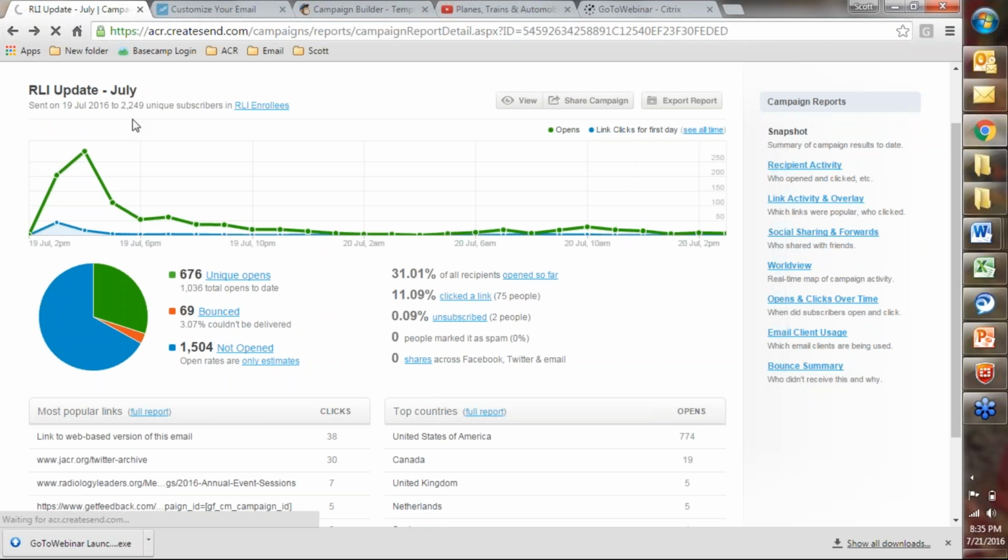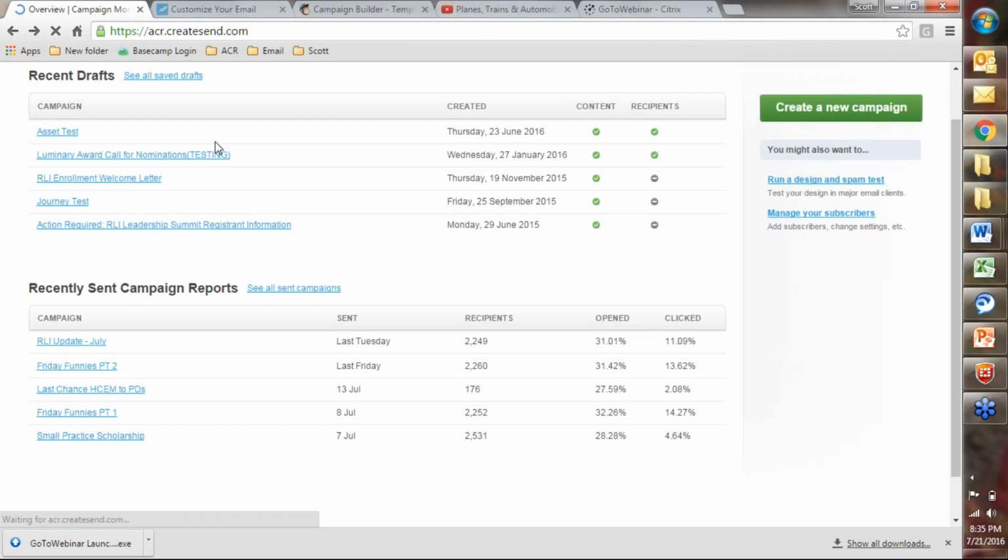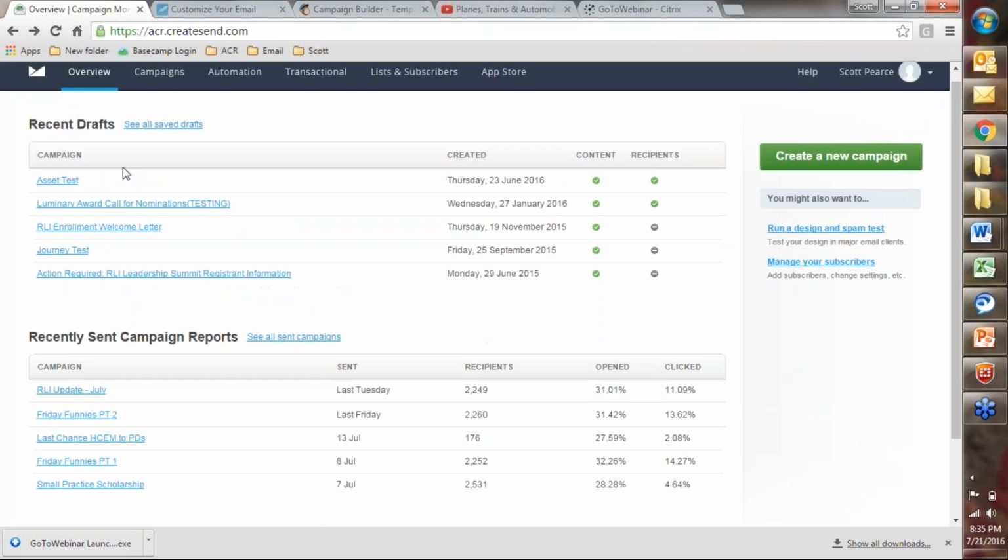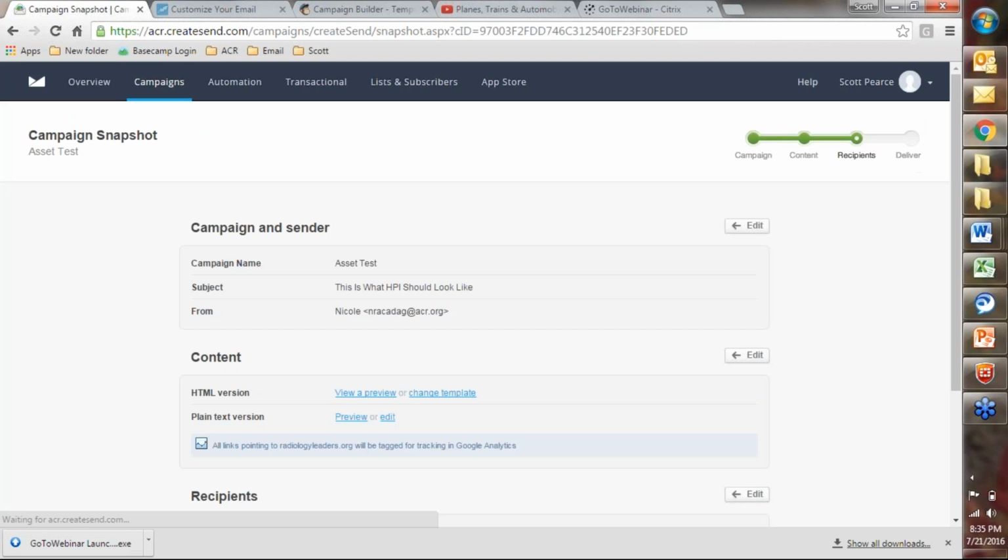And then just to quickly show you the interface here for Campaign Monitor, and then I'll go through real quick and show list uploads, etc. So this is just a simple asset test that we were tinkering around with, of what the Health Policy Institute might potentially look like. Once you set it up, you go into the content and you'll see some familiar elements. They all add their own little twist on how they lay it out. So it becomes how you get familiar with it and then how it loads up.